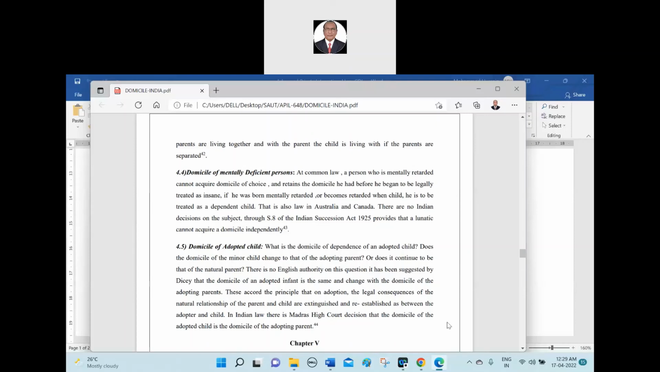Natural parents are those who are blood related. The natural parents are those who have begotten the child. And such natural parents will give the child to the adoptive parents, then the domicile of the parent, the child becomes the domicile of